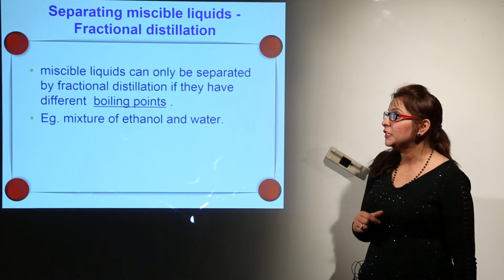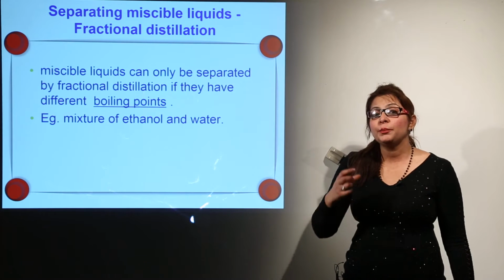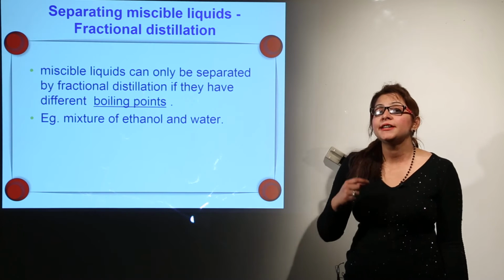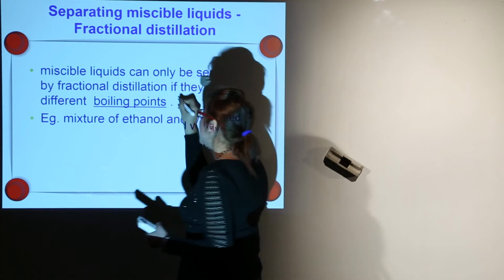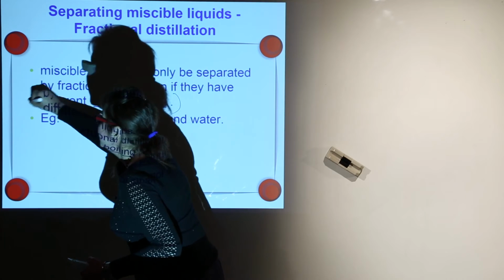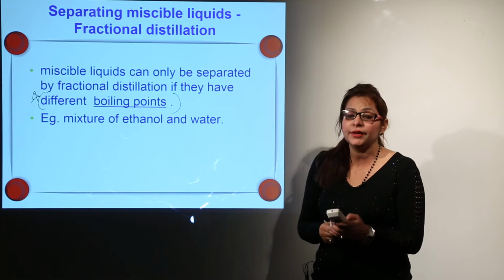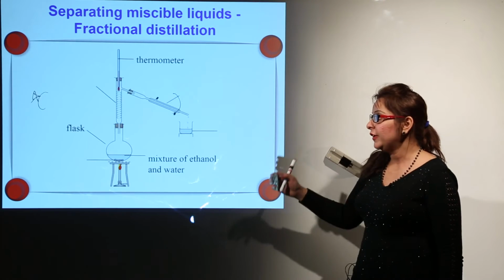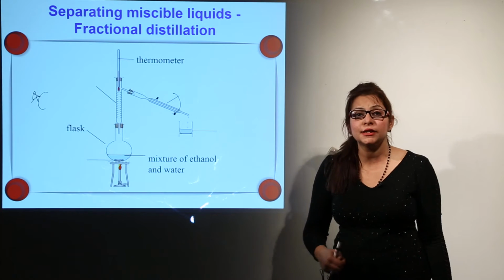And what is the basic principle? If the mixture contains many substances, the basic principle behind separating them by fractional distillation is the difference in their boiling points. This is very important, you need to remember it: it is used to separate components which possess different boiling points. For example, ethanol and water. One is going to possess the higher boiling point and the other the lower boiling point.